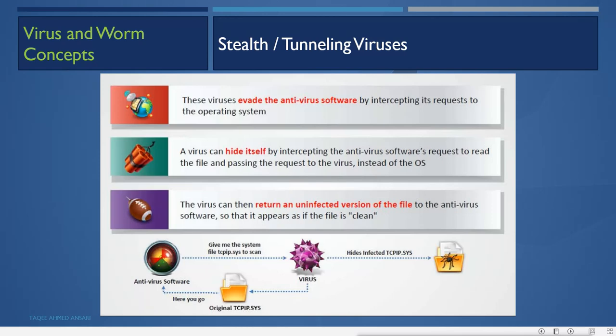So basically it works as a proxy, or we can say a tunnel. Suppose the file is infected. Now when the antivirus wants to scan the file, it sends a request to the operating system saying that it wants this file to scan. When the request goes to the operating system, what happens? In between, the virus removes its code when it is forwarding the file to the antivirus. Now when the antivirus scans the file, it sees no harmful code there, and it says the file is okay.